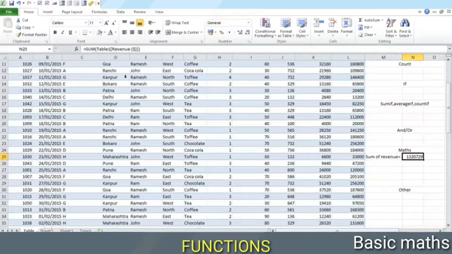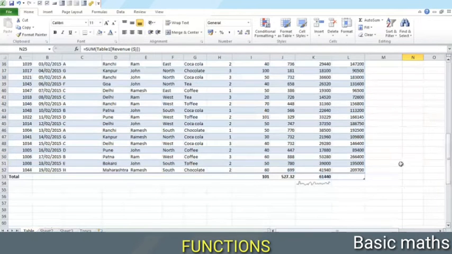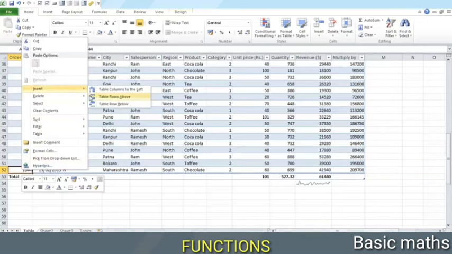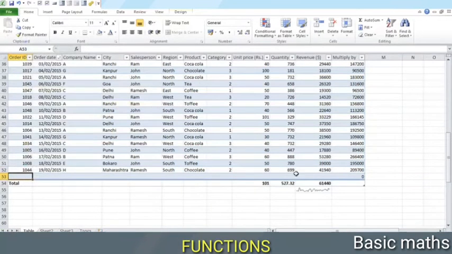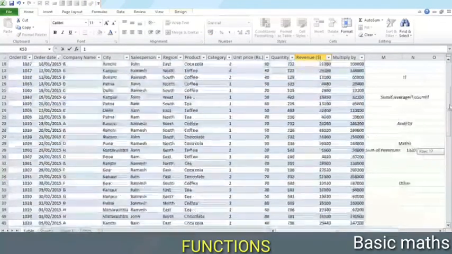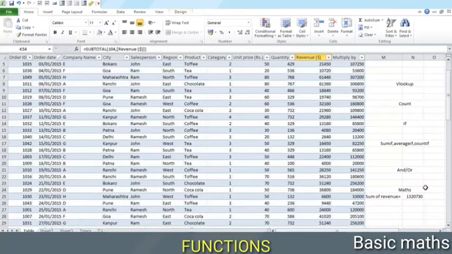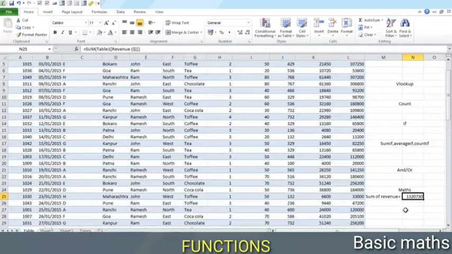And this can be beneficial, especially if we add a new column or a new row. Let us see here. We can insert a table row below. And suppose here we write a 1. Look how this value has increased. So as we make new entries, such a formula will itself take the increases. And this is made possible by using the table, since this has considered the revenue column as a whole.